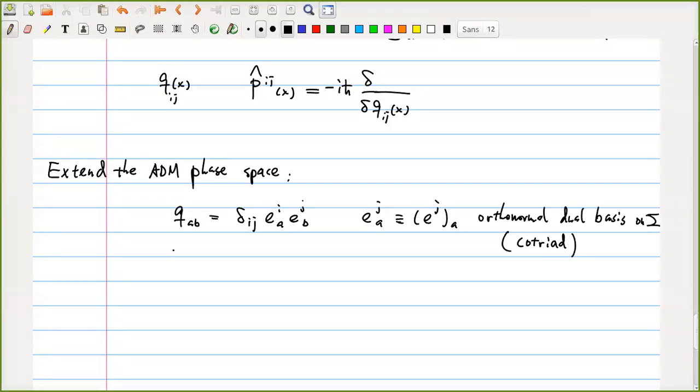So this is for Q, and for P, because P is related to K, right? What's the formula for